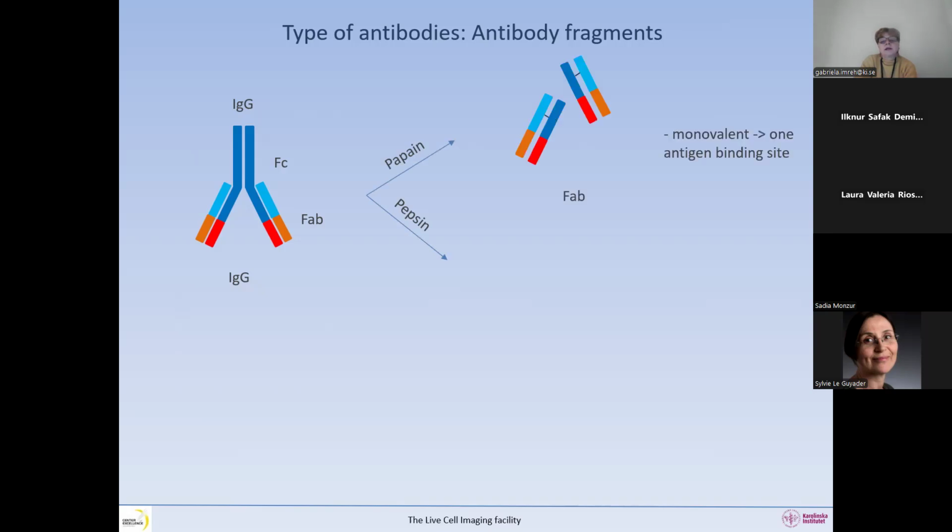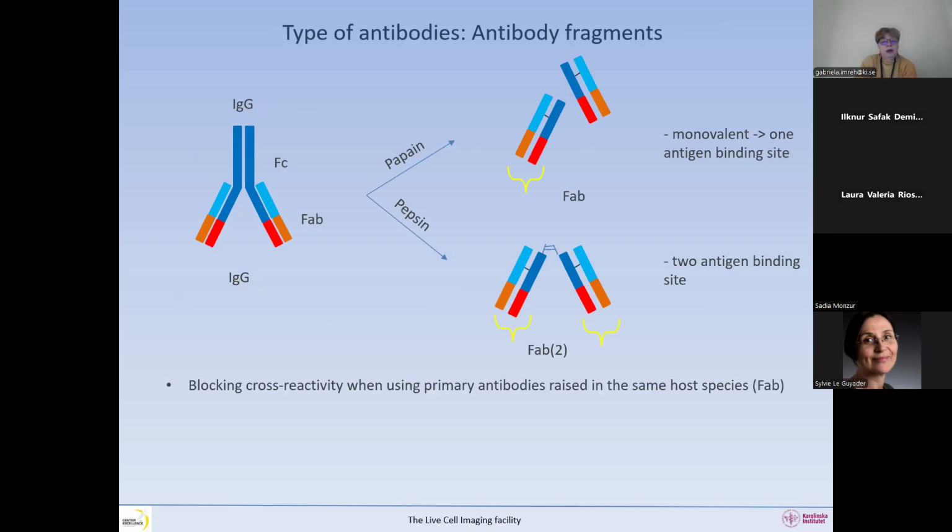We can get either monovalent Fab parts with only one antigen binding site, or bivalent F(ab')2 parts which have two antigen binding sites. We use them if we want to block cross-reactivity, for example, if we are using primary antibodies raised in the same host species,